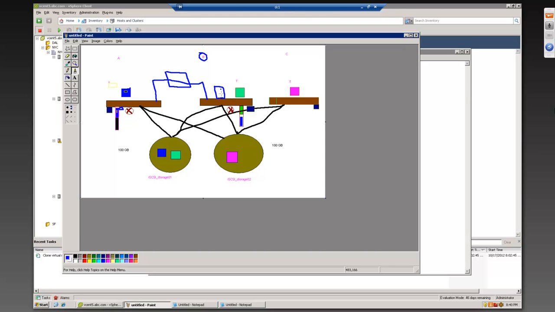How does it know this VM shell should have this much memory, this much processor, and so on? It knows that from the VMX file, because the VMX file is the configuration file and has every piece of information. So it creates a VM here, powers on that VM, and points the memory to here,